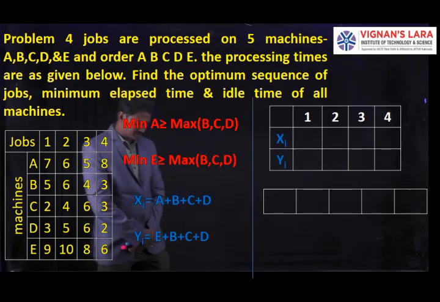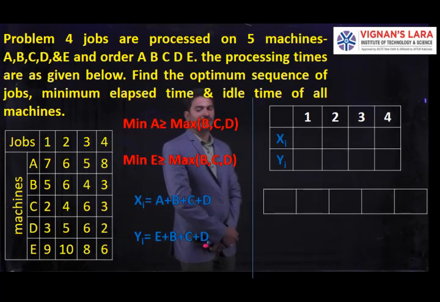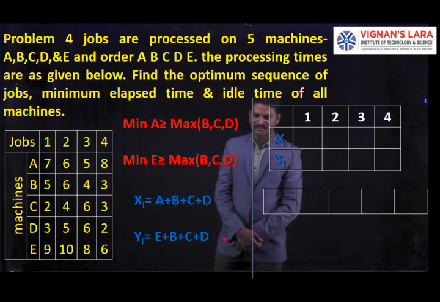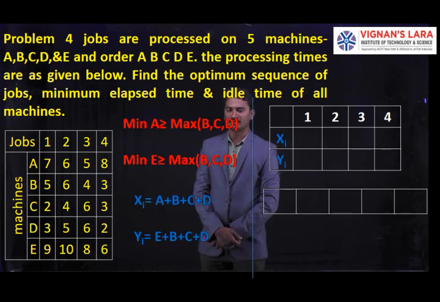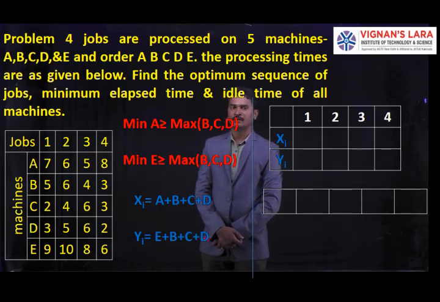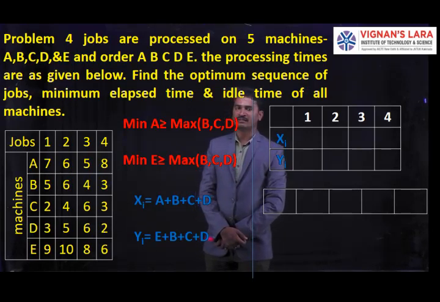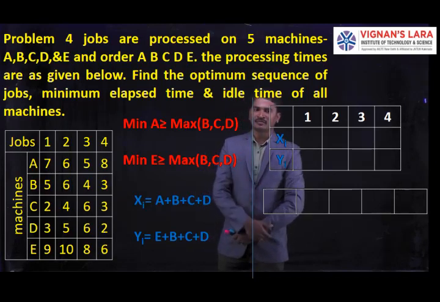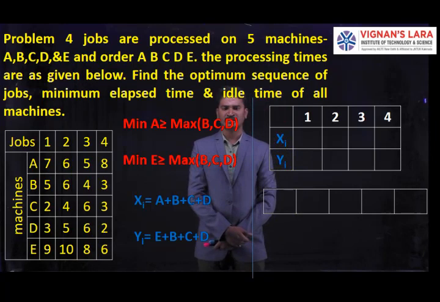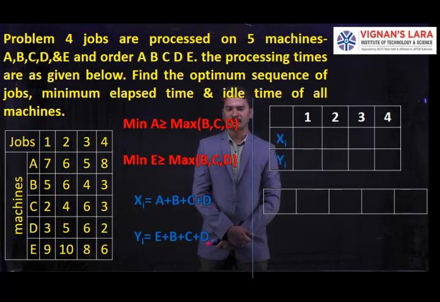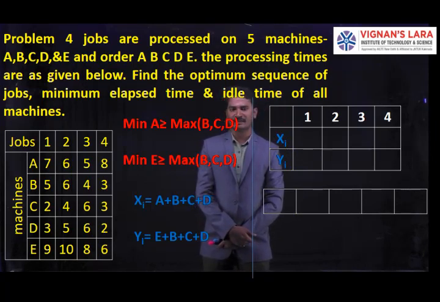Coming to n jobs 3 machines, there we have the difficulty of assigning the jobs to 3 machines, because there is a machine shortage. We resolved that by taking the average of 2 machines, converting the 3 machines into 2 machines. Then we calculated. Next, coming to today's example, n jobs m machines.